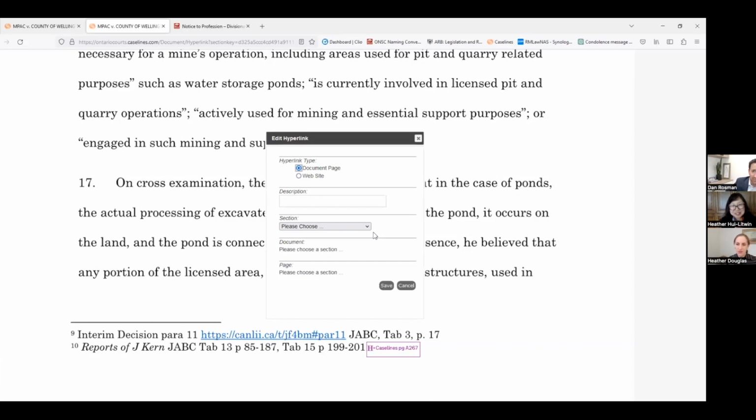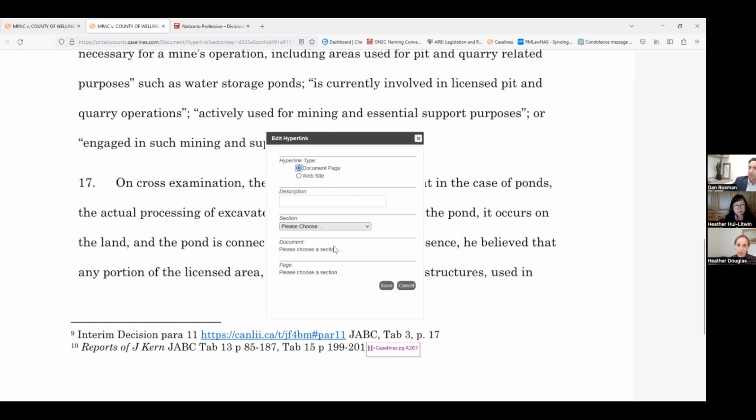It becomes annoying because what we talked about in the last video, and what everyone that uses Caselines talks about a lot, is Caselines page numbering, right? When everyone has to get on the same page with page numbering, and usually we use, as you can see in the bottom of the screen here, pages like A267, which is the current pages or the master pages. But when we find these documents for the purposes of hyperlinking, we're using now a whole other page numbering system,